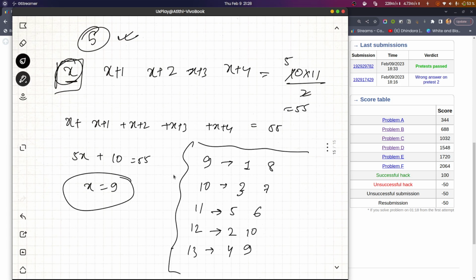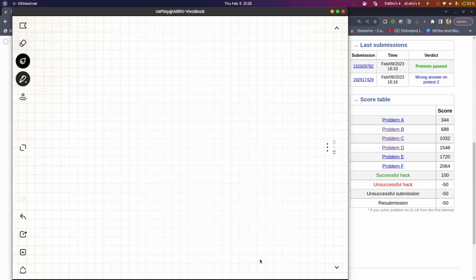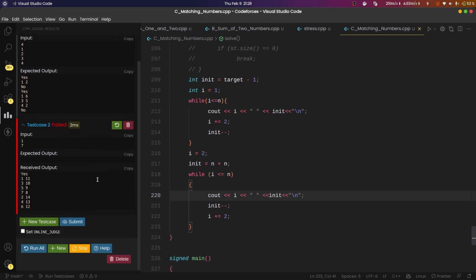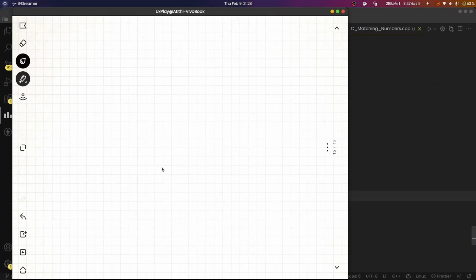If I take the case of number 7, it will be a bit clearer. Let me first check whether it is available for number 7 or not. If it is available for 7, then only I can show it. Yeah, for 7 it is also available. Let us take the case of 7.